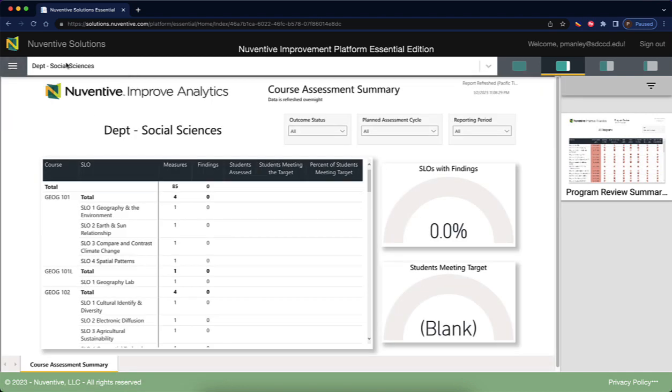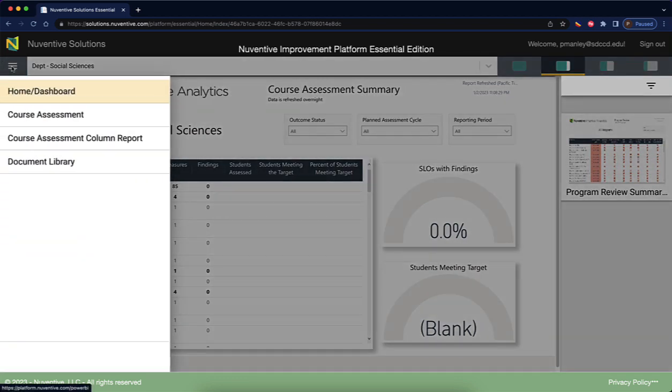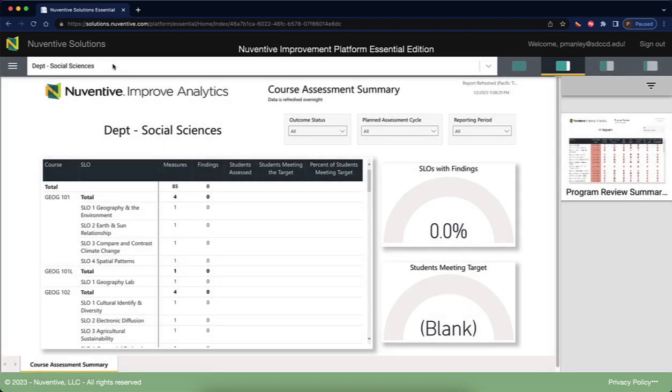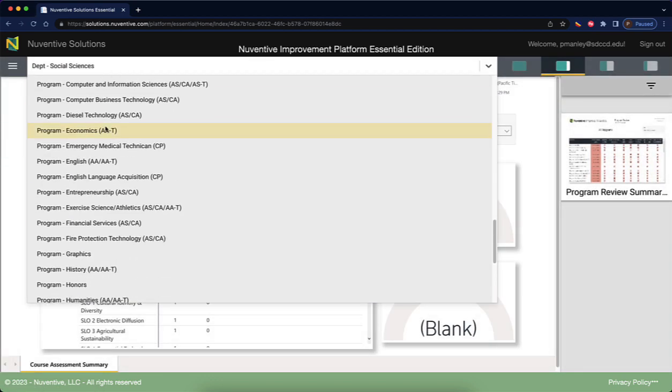Under the department and under the program, there's this little section over here called a hamburger menu. If you select the hamburger menu, then you'll see the different workspaces under the department. In this case, there's a course assessment workspace, there's a column report, and a document library. We'll go through each one of these in a separate video. If I go back to the program workspace